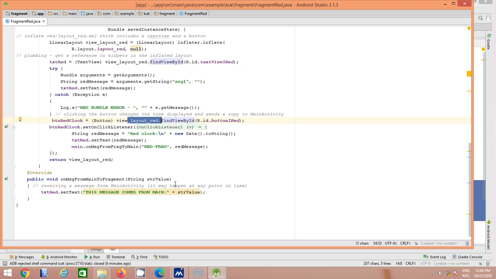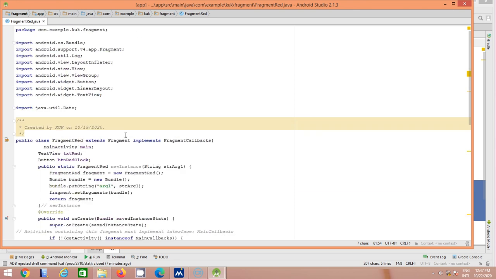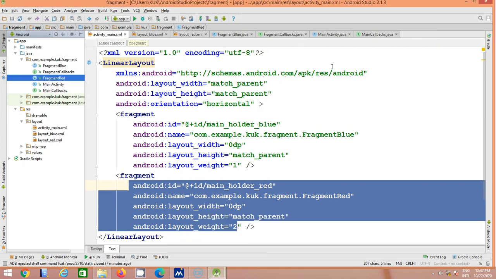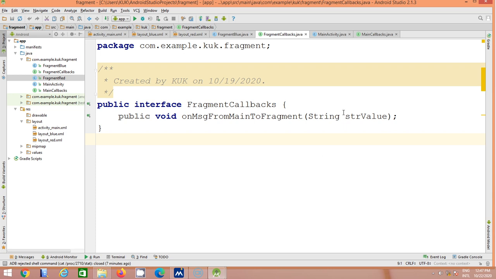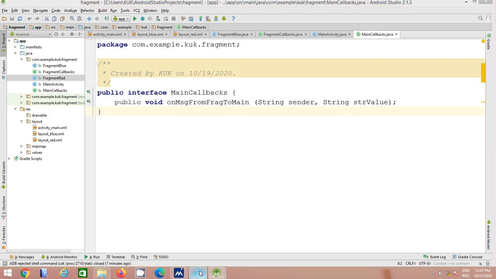Find view by id for your button, and the listener function for the red button simply sets the value of the text view and transmits the message to on message from main to fragment, with the value of the red message. So that is the coding for the red fragment. In the same way we write the interface: on message from main to fragment, and on message from fragment to main. I think that part is clear.